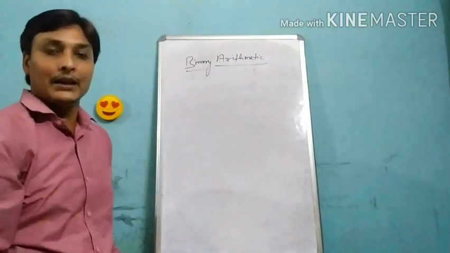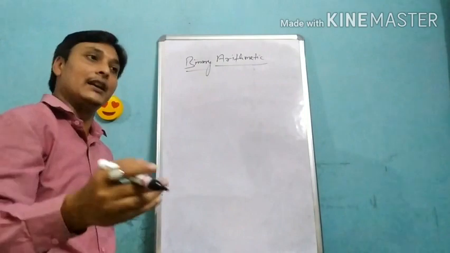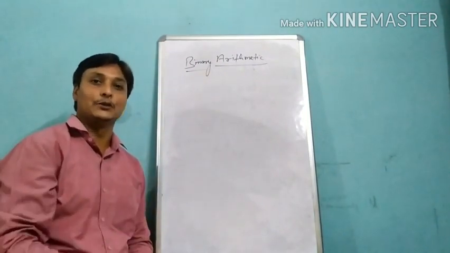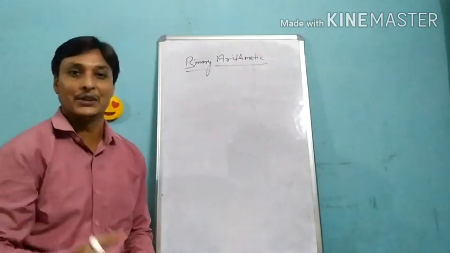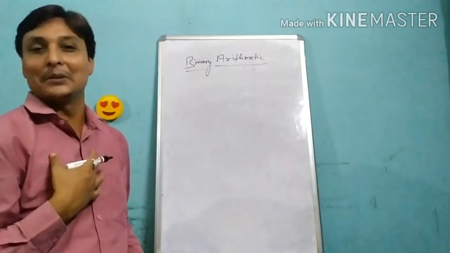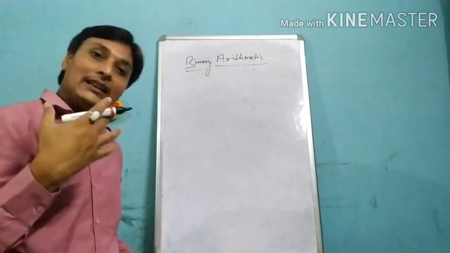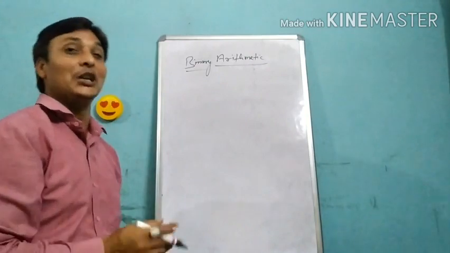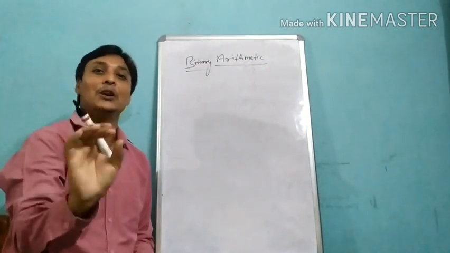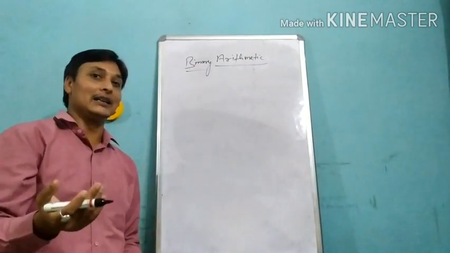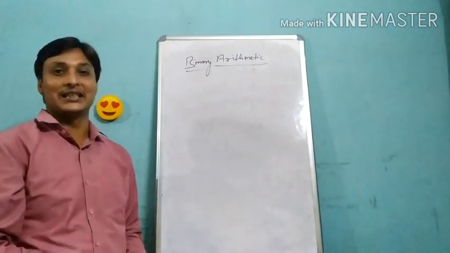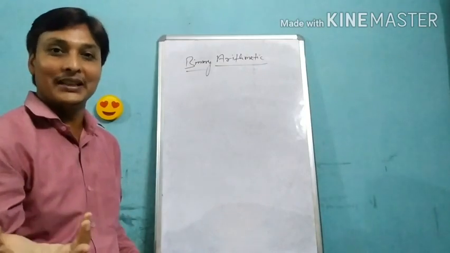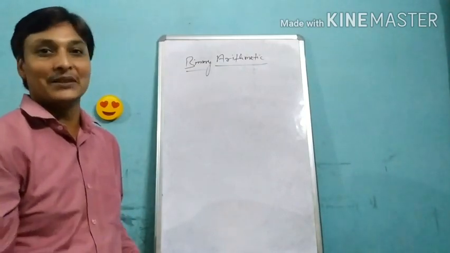So, what will happen in binary arithmetic? Sir, before this we knew about 2 plus 2, 3 plus 4, 4 minus 5 numbers that we were using. But if I am talking about binary numbers, then the whole number will come in the form of 0 and 1. So here you have to do operations related only to the binary number system. Binary number systems are those where the number will come in the form of 0 and 1 or 1 and 0, and the base will be 2.